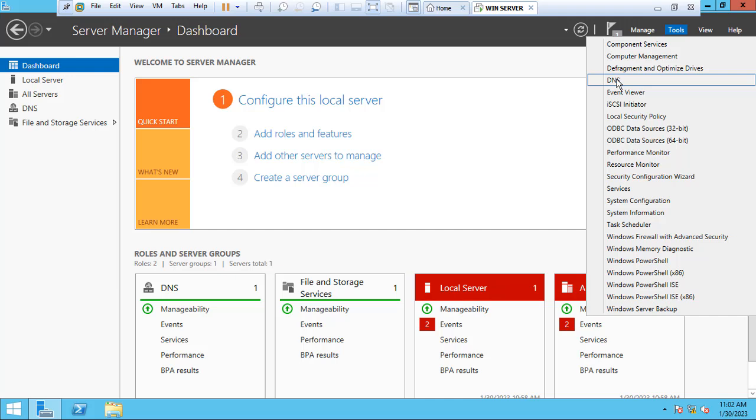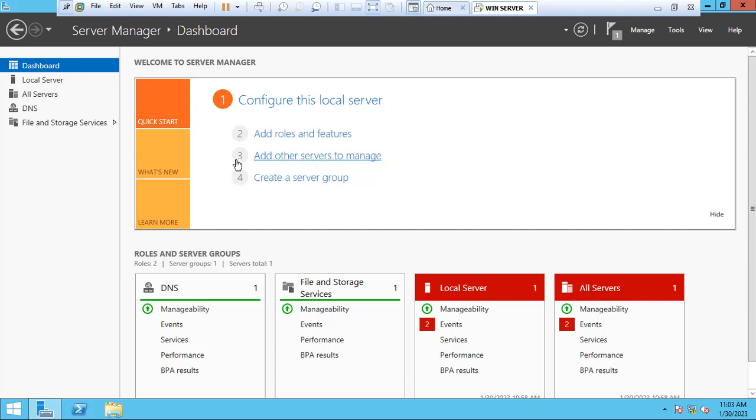We learned how to install the VM, the Windows Server operating system. We gave it an IP address, and then we have as well installed the DNS role on the server. So we'll end the video here. In the next video, we will go into the details of DNS configuration, but we can click this one, the DNS here. This is where we'll be doing